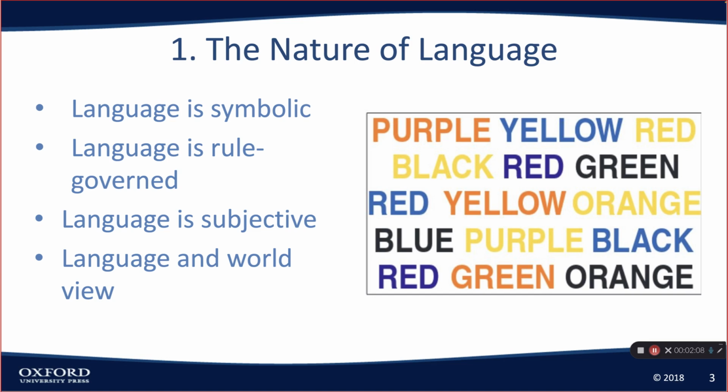Let's look. This chapter is divided into 4 sections. The first section has to do with the nature of language, and on the right-hand side, you see something that's called the Stroop effect. If I were to say to you, I want you to look at these and say the color, don't say the word. So you do orange, blue, yellow. Oh, I'm not sure. Is that purple, black? It's a lot harder to say the color than it is to say the word. I find this really interesting.